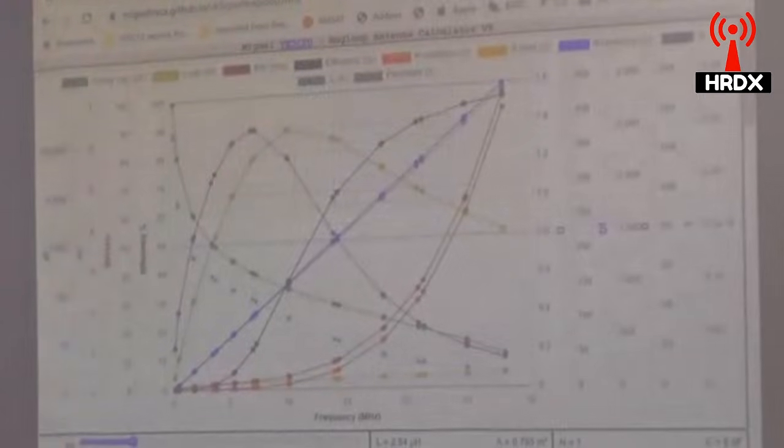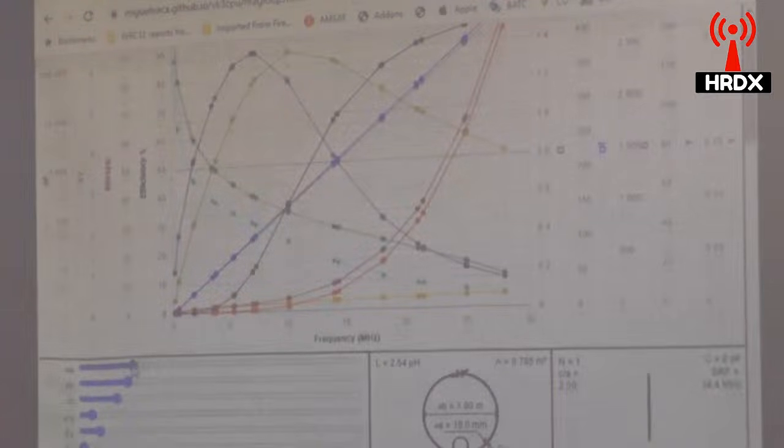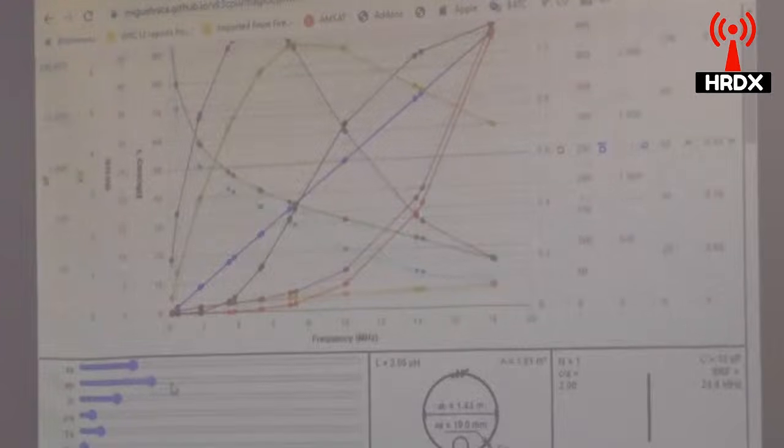Now, VK3CPU, Miguel, has come up with a wonderful little app that enables you to visually show all the different parameters of a magnetic loop. And you can put in, down here, there's a little model loop, and it enables you to go, okay, I've got a loop of about